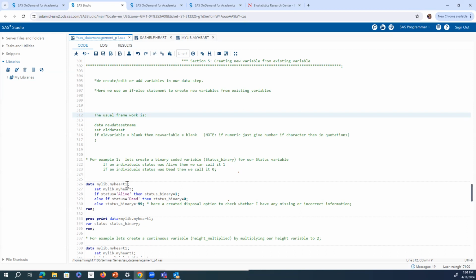I'm creating a new data set called mylib.myheart1. So mylib.myheart1 is a data set that I'm creating, which will be stored in my mylib library. I'm using my old data set, which is mylib.myheart, so I set it to my old data set. And these are the changes that will be made in my old data set to make my new data set called myheart1. So here I use the if-else statement